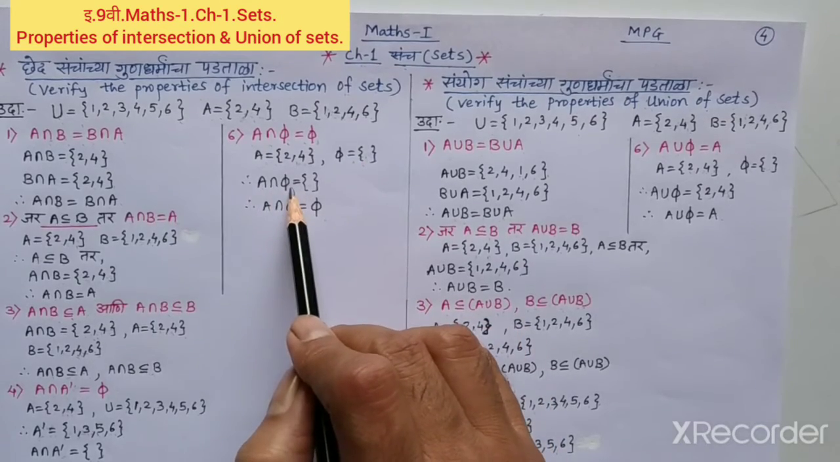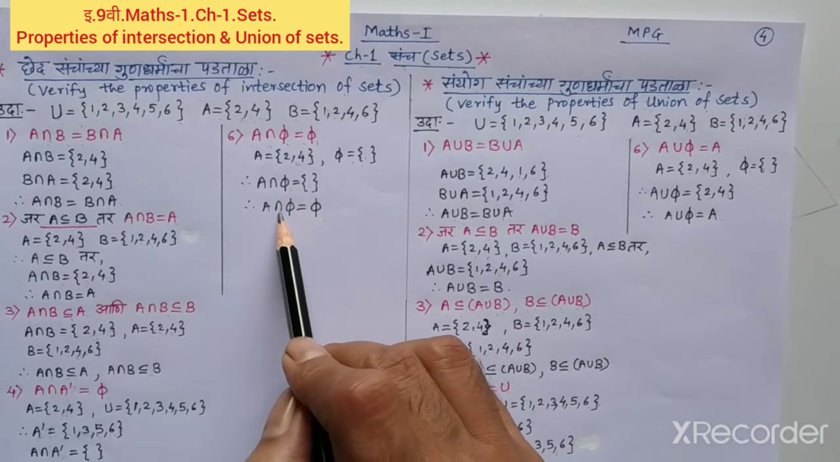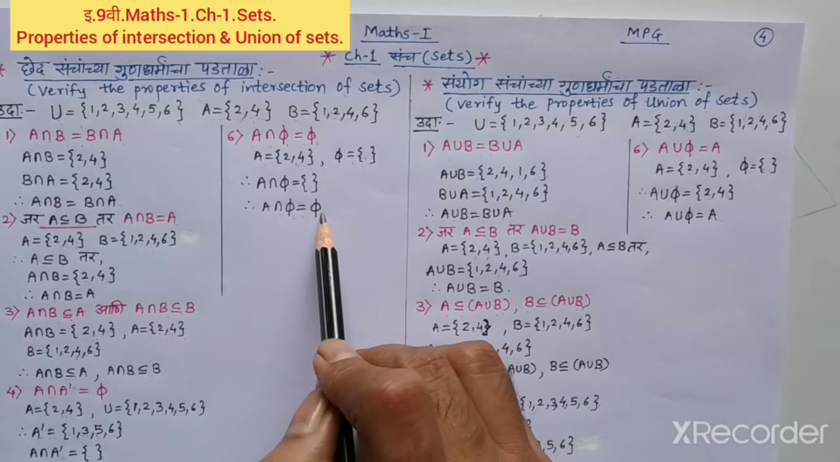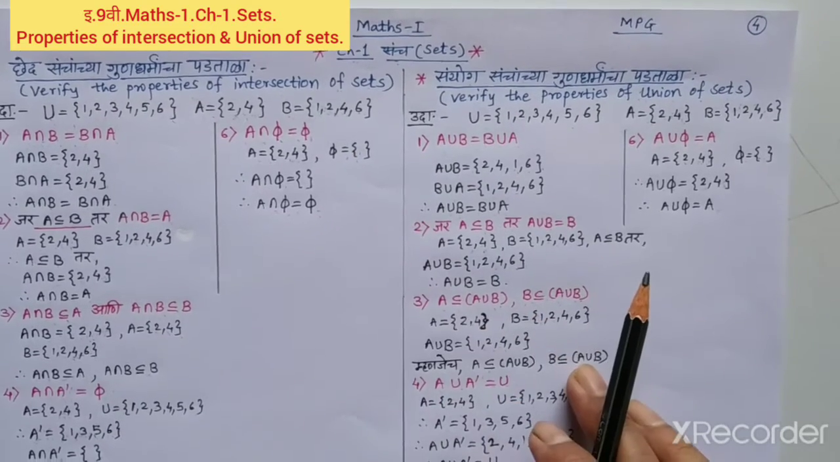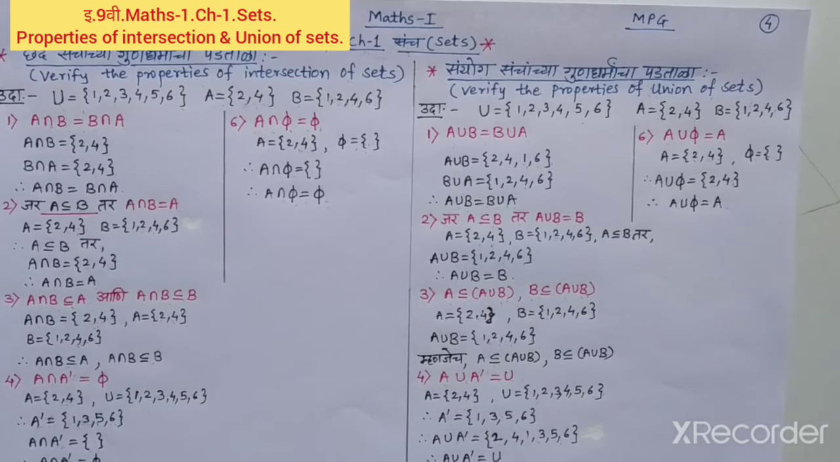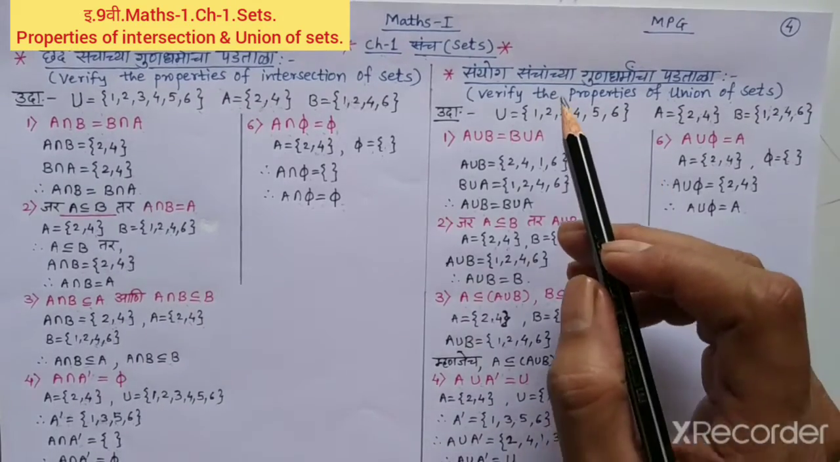So A intersection phi is equal to empty set. So A intersection phi is equal to phi. So in this way we learn all these properties. Now let us verify the